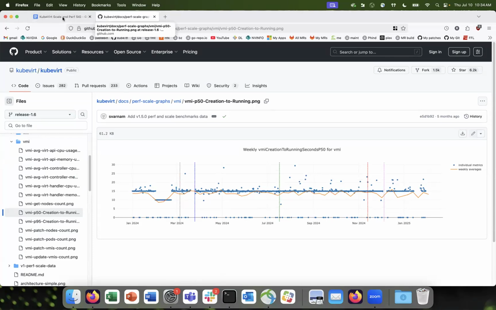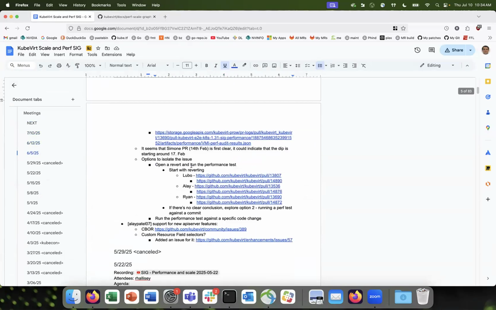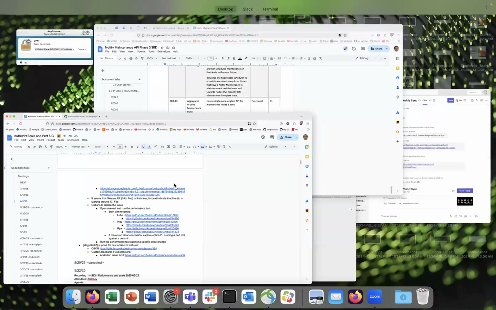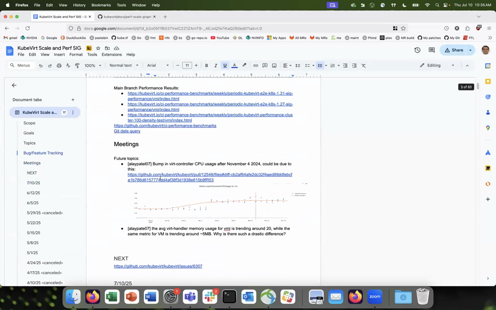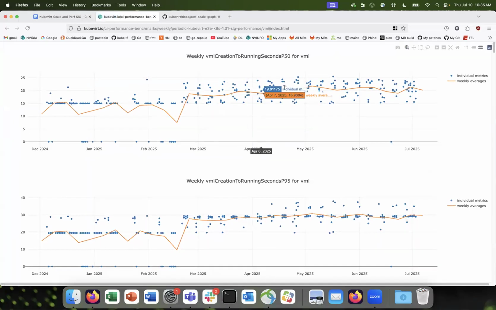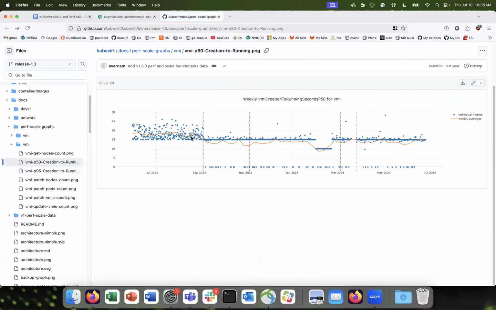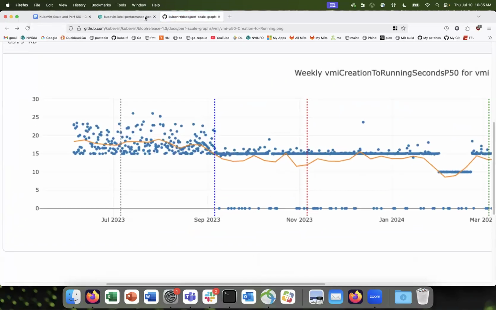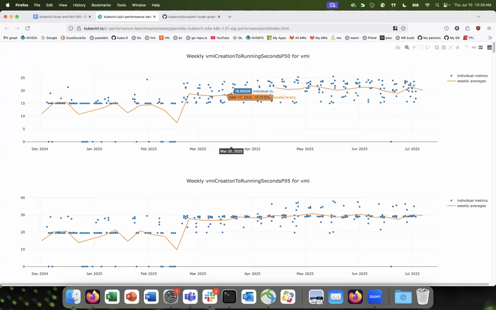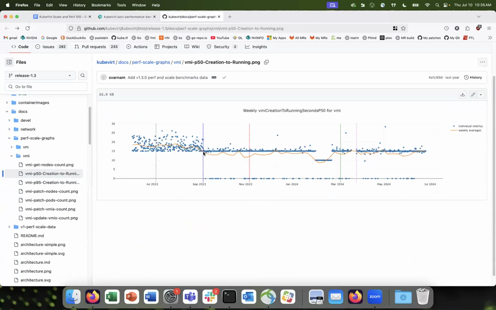When we look at what we've been talking about with our trend line, let me see if I have one. I think this is what I need. So our trend line is back up to 20. Let me just do a side by side again with that. You look at this graph right here, right? So this trend line actually matches this trend line here. It's about 20. So we really just went back to the trend line that we were at before the change,